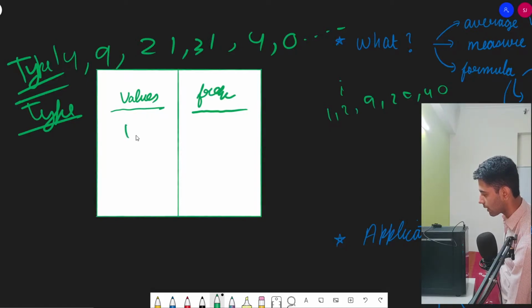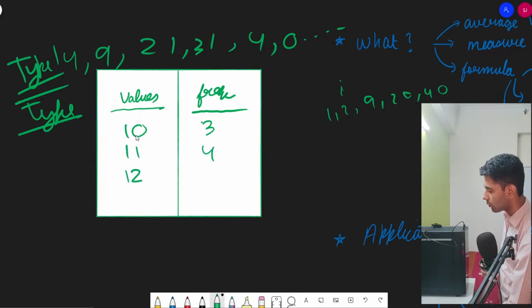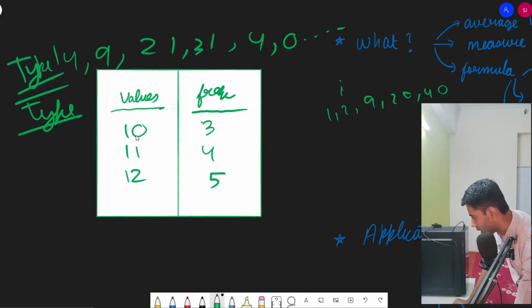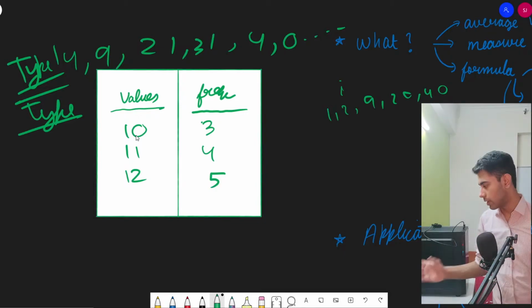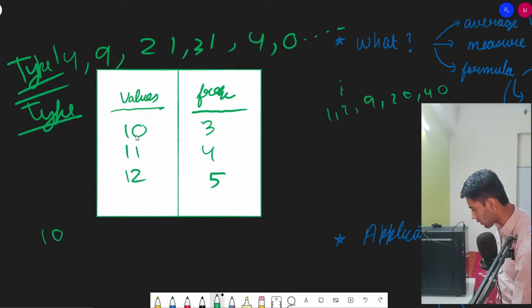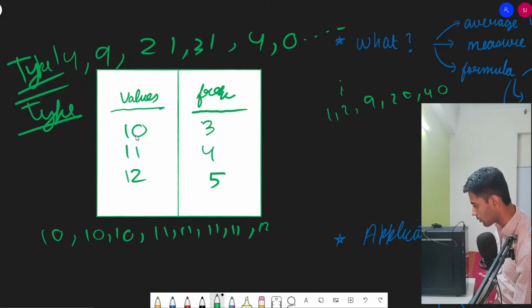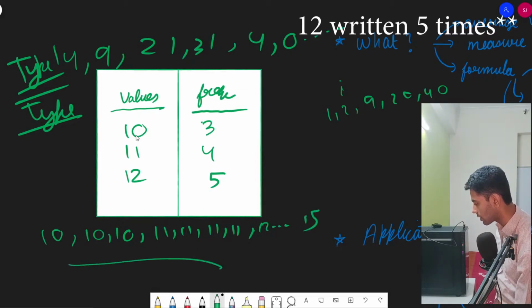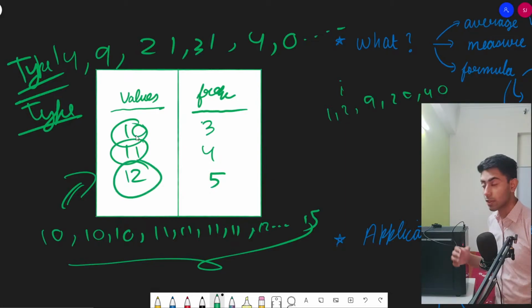For example, 10 appears 3 times, 11 appears 4 times, 12 appears 5 times. It means that I have data like this: 10, 10, 10, 11, 11, 11, and 12 written 15 times. If this kind of messy data is written in a group form with a single class value,